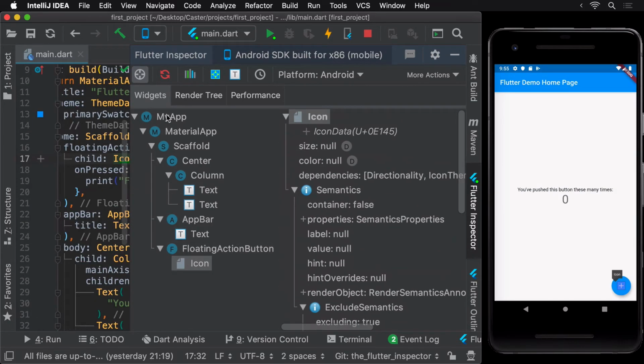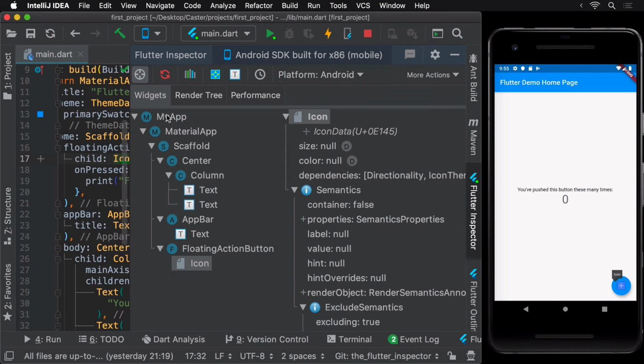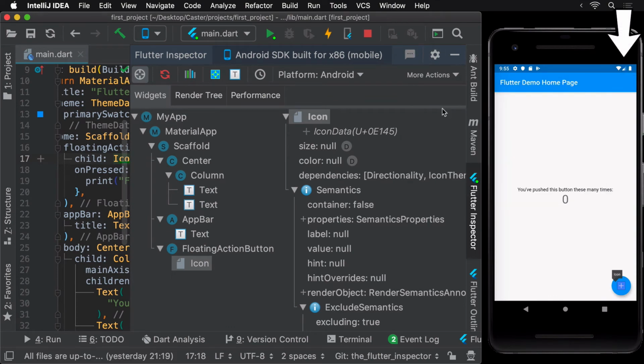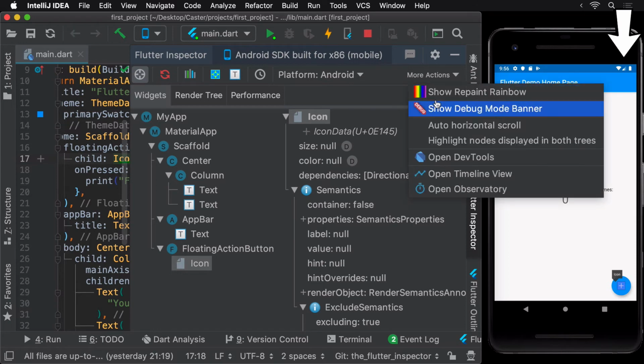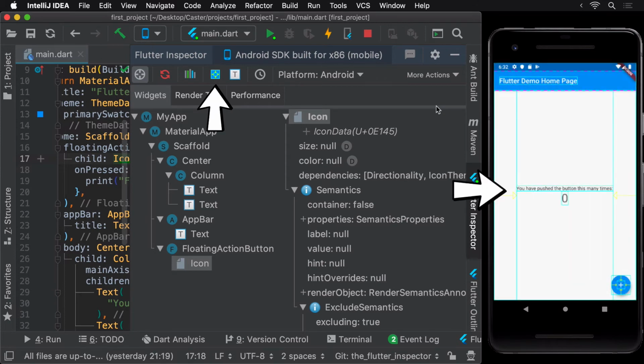Notice that you can also see all the attributes of the widget and their corresponding values on the right. Among other things, it can also be used to easily hide or show the debug banner. You can also invoke Debug Painting by choosing the Toggle Debug Paint action to see the wireframe for each widget